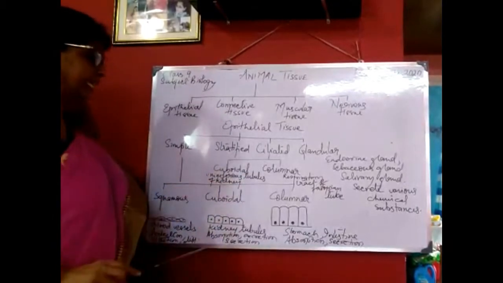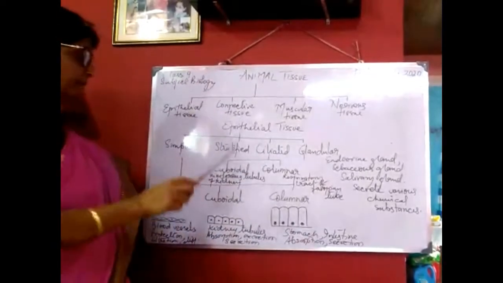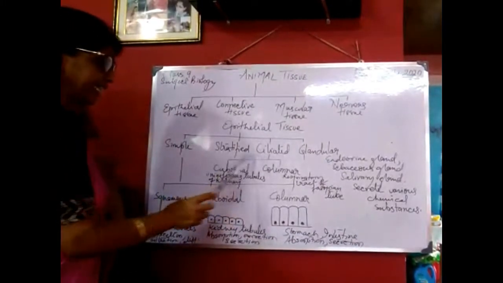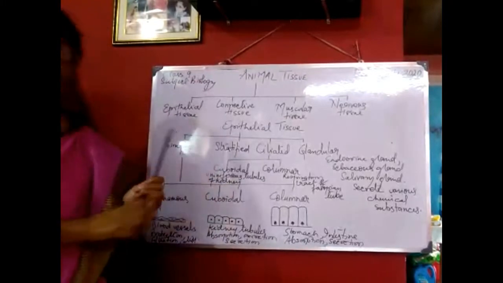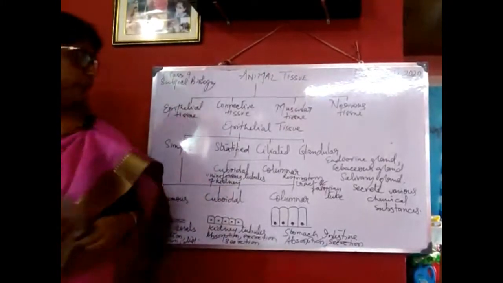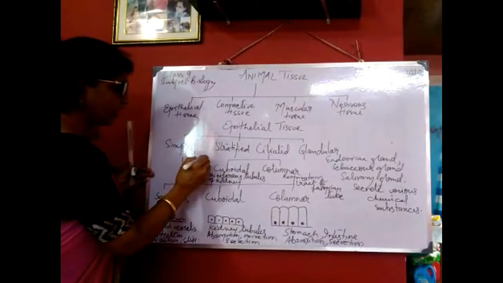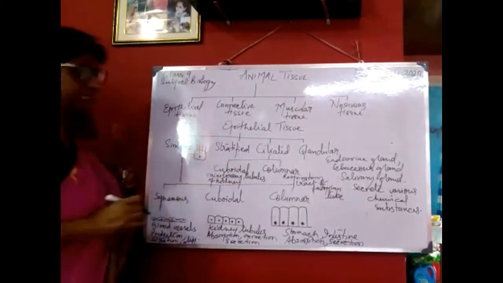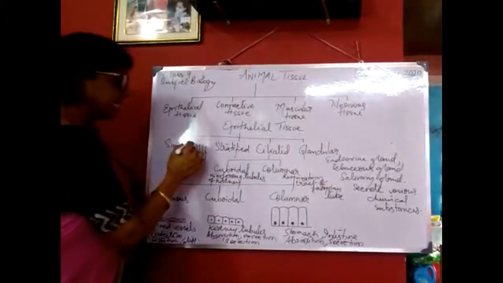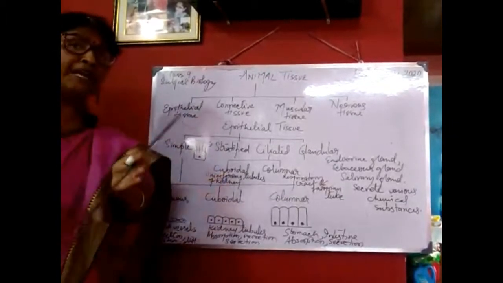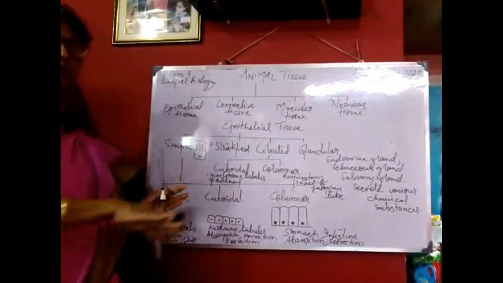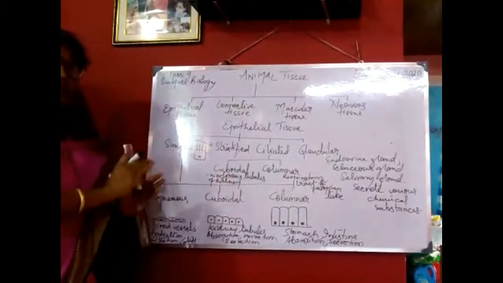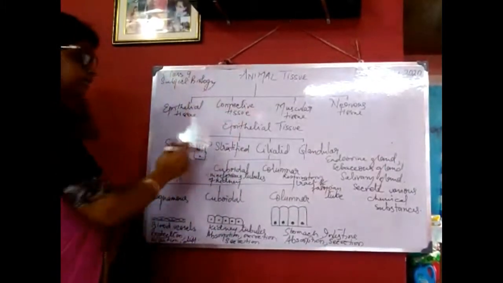Now then ciliated epithelium, that means the cells with cilia. Now there are 2 types, ciliated cuboidal epithelium and ciliated columnar epithelium. Just I am drawing the diagram, you will understand how it looks. If I draw a cell like this, then here is the nucleus and the cilia are present like this. This cilia undergo synchronous movement. They move in one direction only and help in taking the materials from one side to the other side. This is the function of cilia.